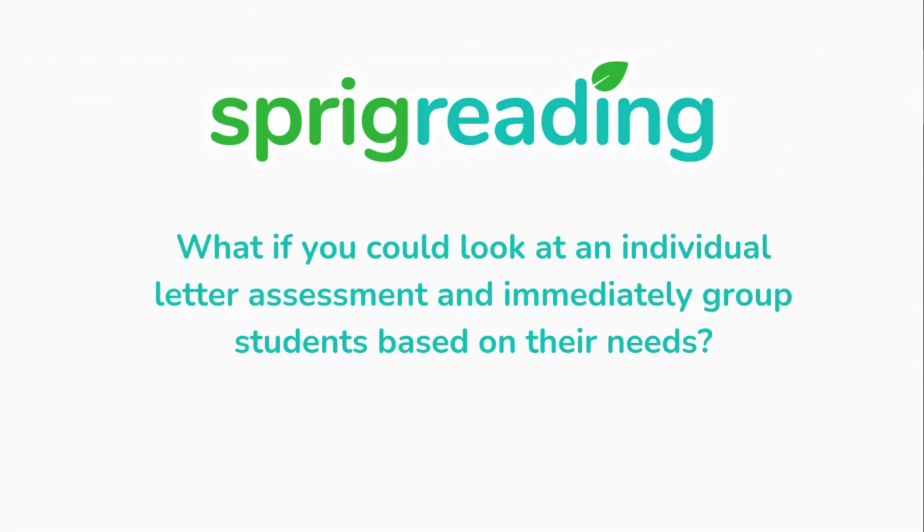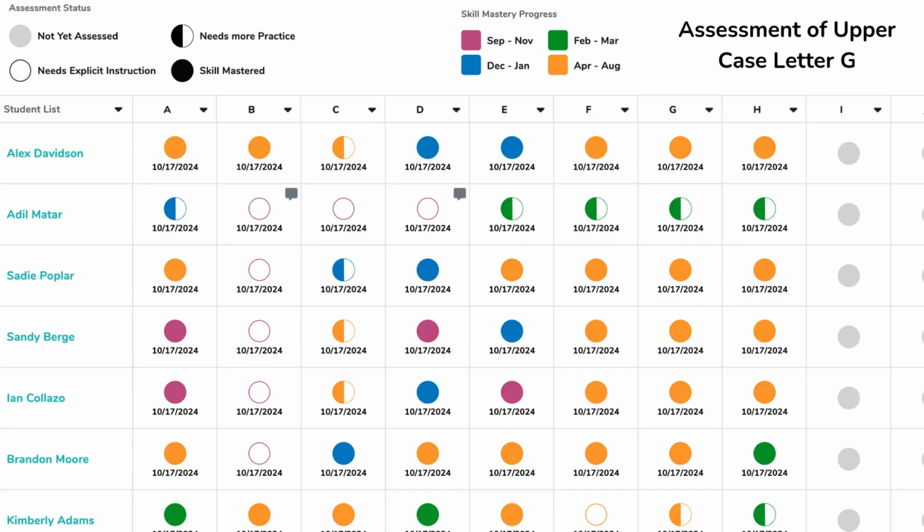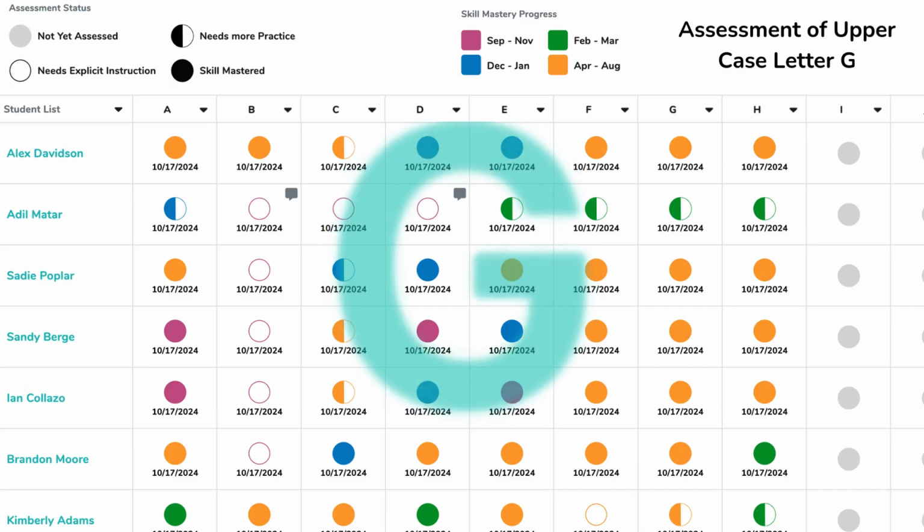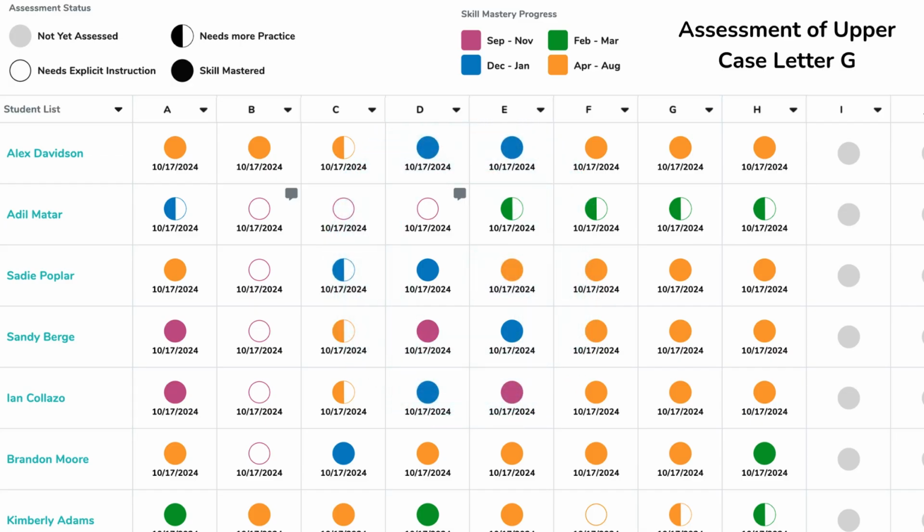What if you could look at an individual letter, a letter assessment, and immediately group students based on your needs? The app can do that for you. So what this is, a circle chart. We picked a letter, the uppercase letter G, and this is a quick snapshot of my entire class,